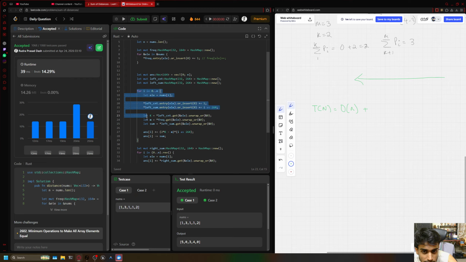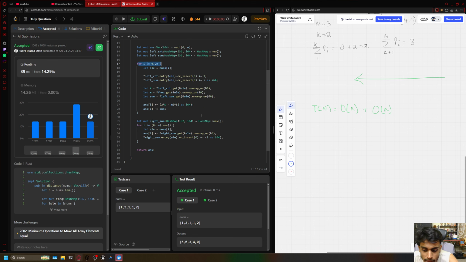Now here I have another for loop for the left contribution. If I look at all the lines, this is constant. Updating the value is constant, updating the hash map is constant, getting the values is constant, and calculating this is constant. So here also I'm traversing the number of elements on the left side. Now similarly on the right side,